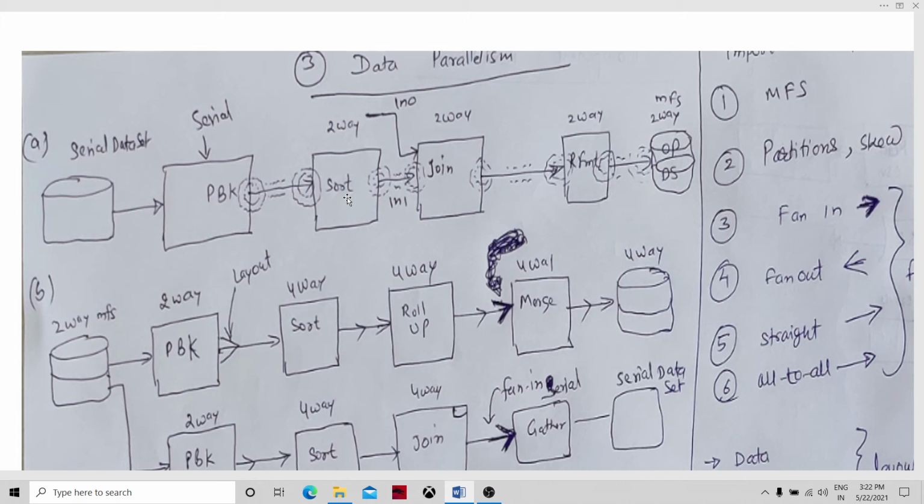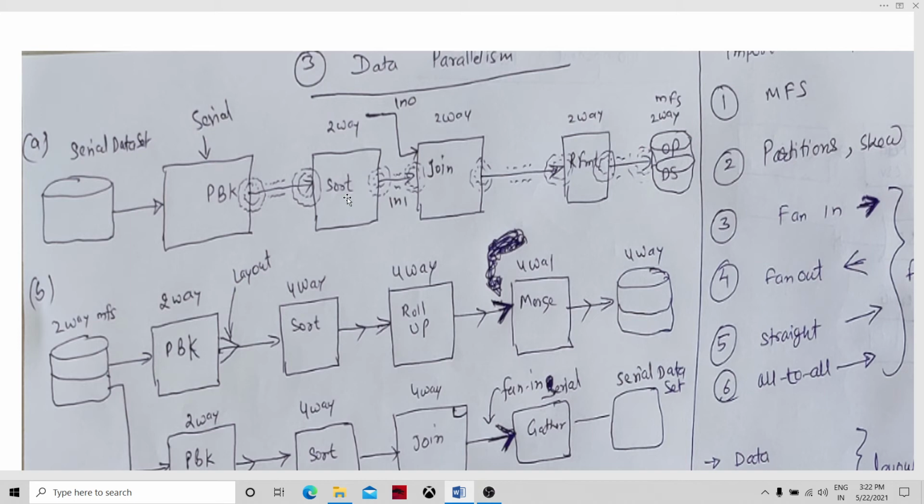We talked about the MFS. MFS is a multi-file system, wherein we will have a set of directories. If we talk about two-way, there will be two sets of directories, different directories within the multi-file system. We could have eight-way, with eight sets of directories or files within this file system.